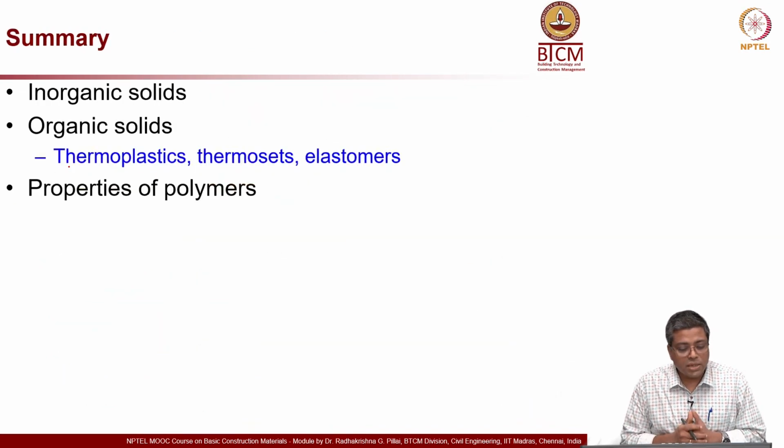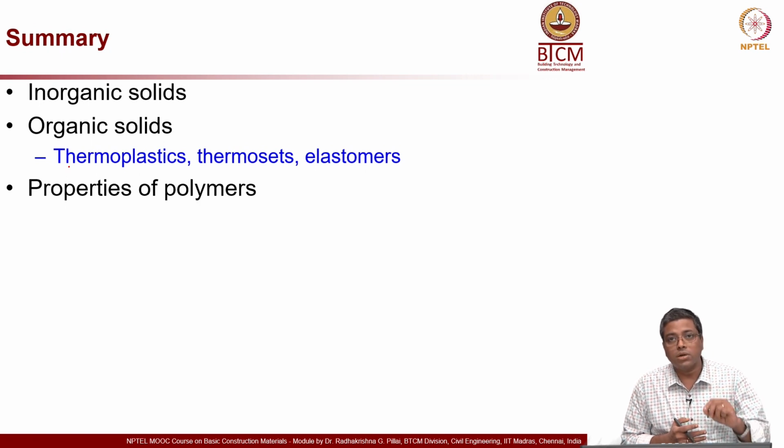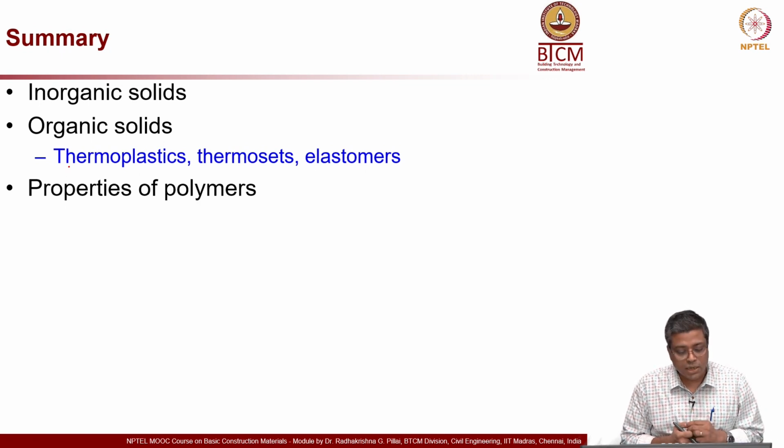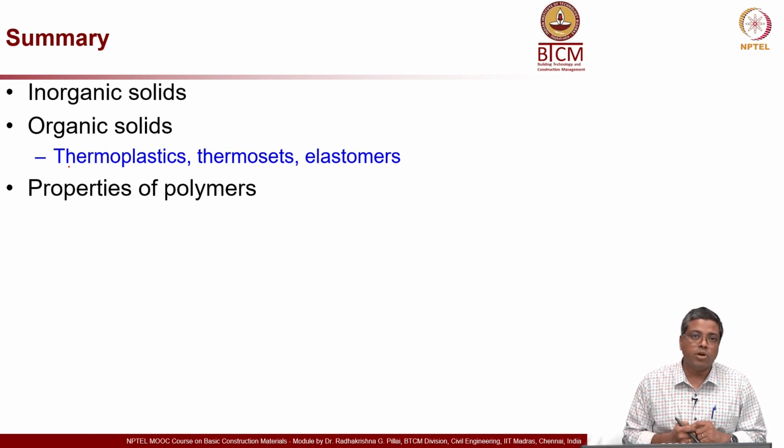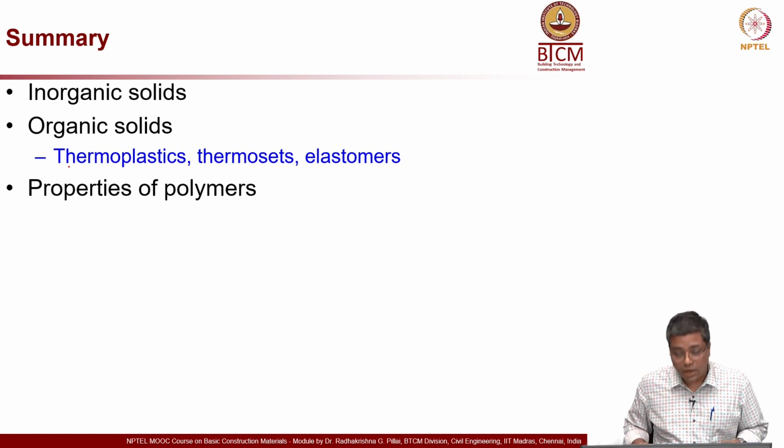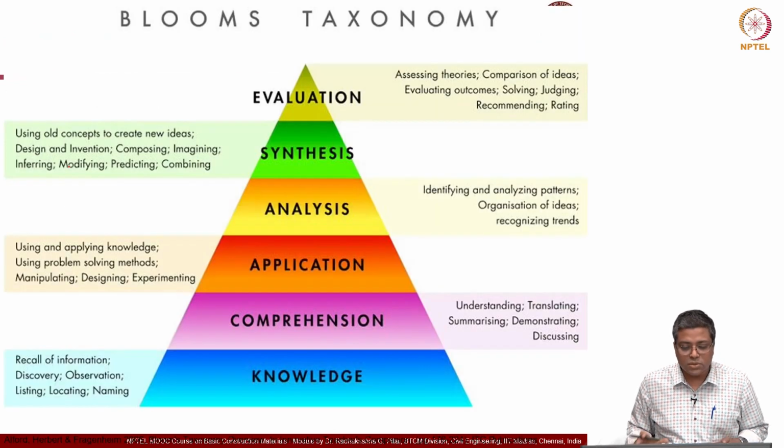I think to summarize, we talked about inorganic solids, organic solids, in which we talked about thermoplastics, thermosets and elastomers, and also towards the end we talked about properties of polymers, very briefly how the bond can influence the properties and how it is related to the ambient temperature of the system. I think with that we will close this session, but before we close, I just wanted to tell you